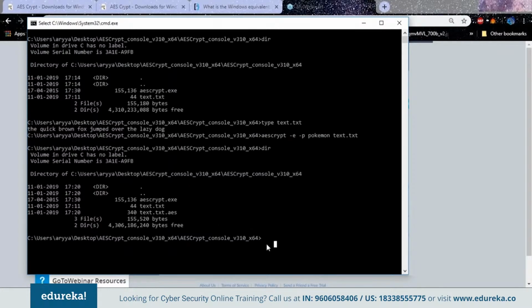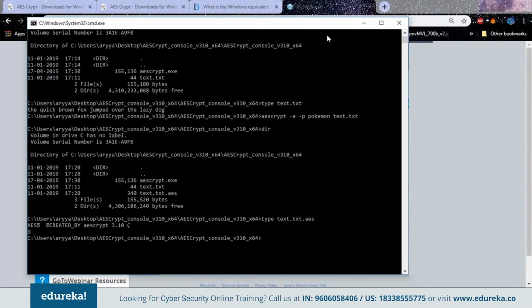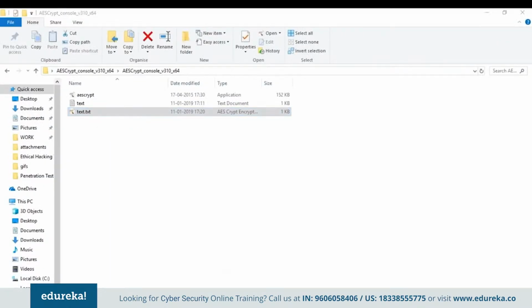That is our encrypted file, and this is what we would generally send over the network if we are sending it to anybody. Let's assume the person who has received it also knows our encryption algorithm and the key that goes along with it. So let's try to decrypt it now. Before I decrypt it, let me just show you what an encrypted message looks like. This is what the ciphertext looks like. Type text.txt.aes. As you can see, the Windows console can't really read everything, but if I go into the file and open it in Notepad++,